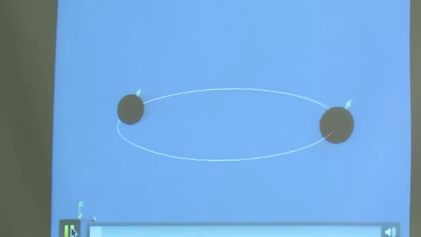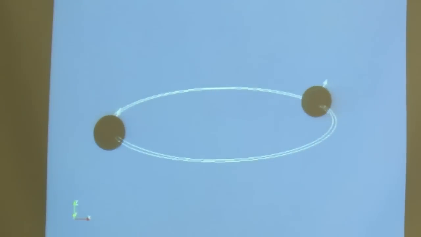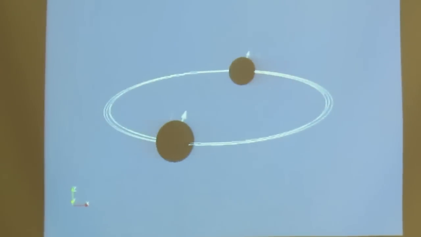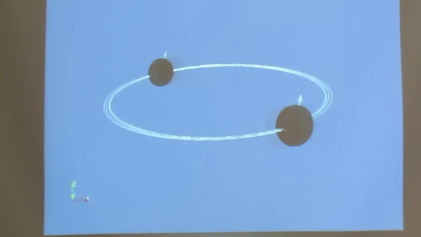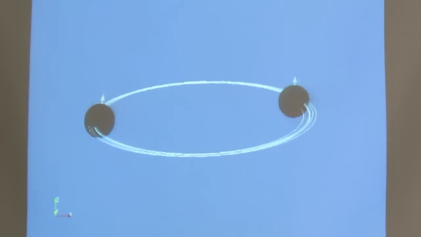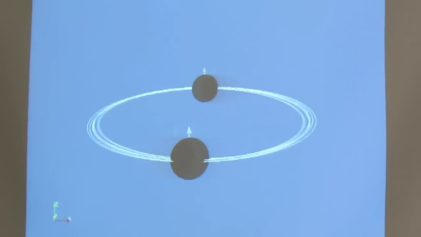And so here are the results for the simulation that I did. We simulated two black holes, each with one solar mass, that were spinning very slowly, but they were still spinning, and they had 12 orbits. So I'm going to play this. If you look very carefully, you can see the precession because the circles aren't all